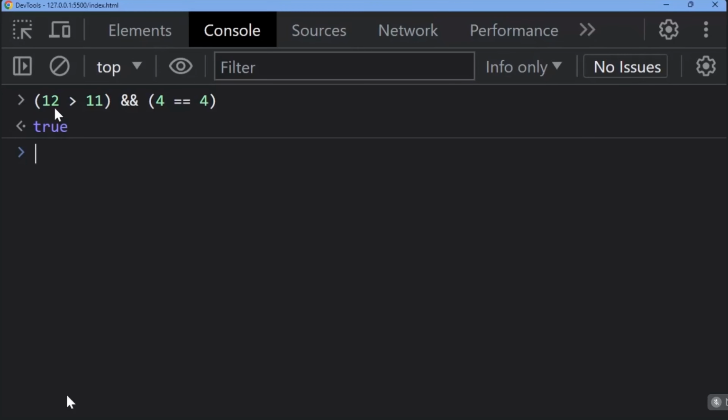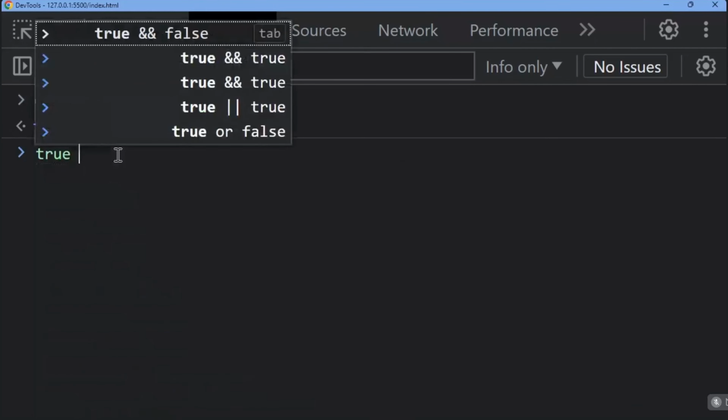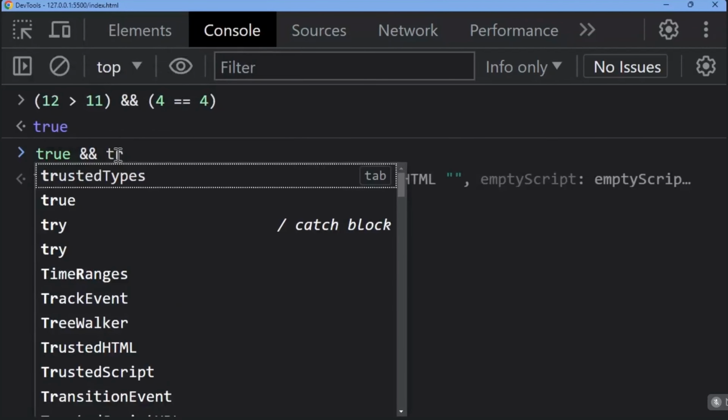Understand this, guys. 12 is greater than 11. This is a comparison operator, the greater than comparison operator, and it will return the value true. If you compare 2 equal to 4 is equal to 4, that will also return the value true. So in this case, what is happening is true && true, which is the logical and operator,